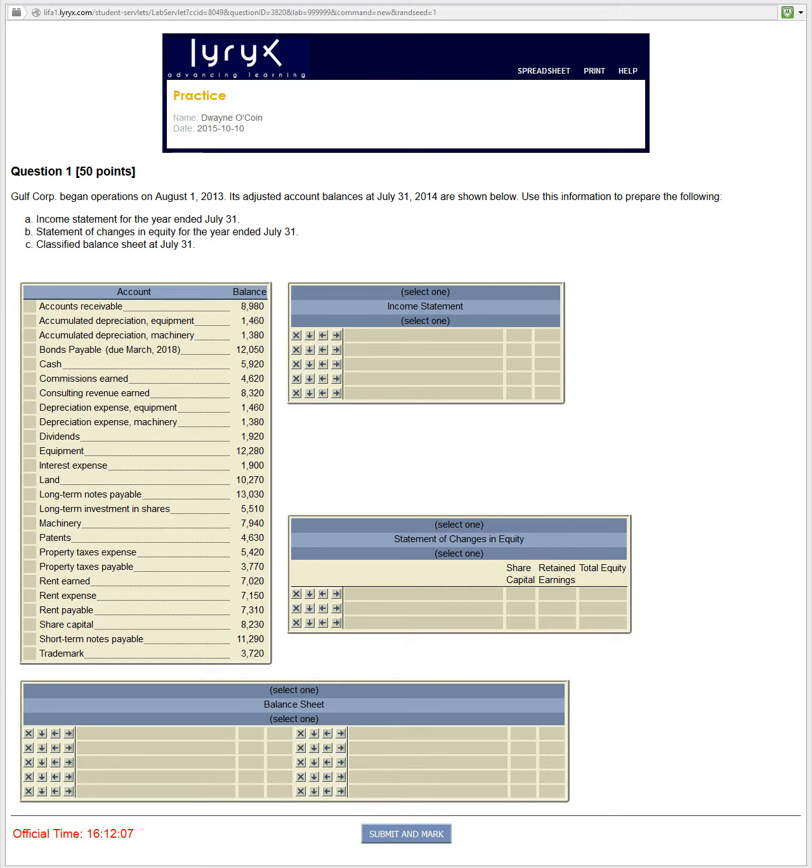All right, we are doing Lab 4.2 here, and it's the only lab question in Lab 4 which is required. We do have a review lab that we'll do in another video, but here we are. We're supposed to do some financial statements for Gulf Corp. They began operations on August the 1st of 2013. Their account balances are shown for July 31st, 2014, and we're just simply putting them into a set of financial